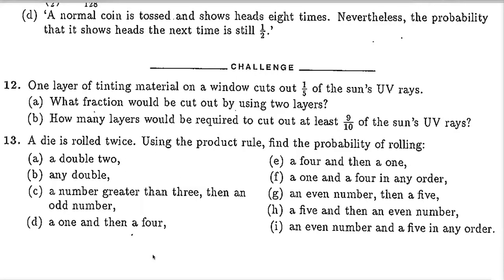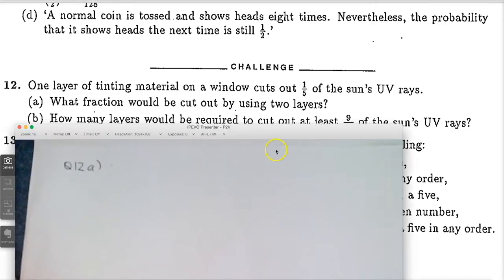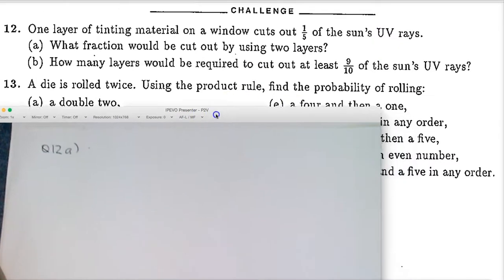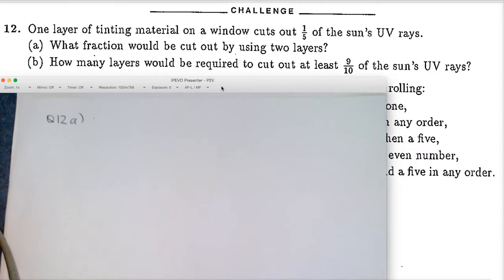Now, question 12. What we'll do, I believe question 12B is a series problem, but we'll just look at question 12A, and we'll start to look at B, and then I'll show you why at the moment we can't do it. All right? So question 12. Exercise 7D, it was the homework. Now, we are going to be doing tree diagrams today. So it says,